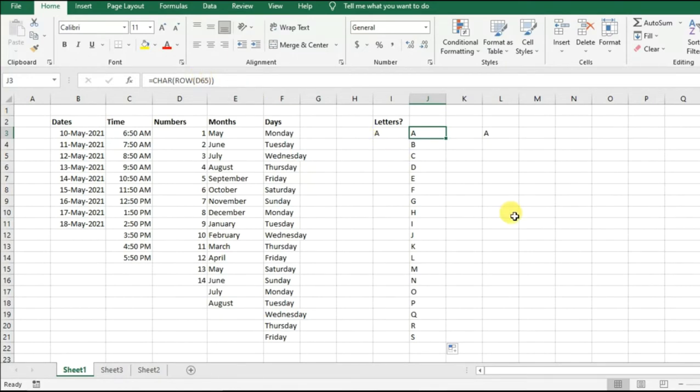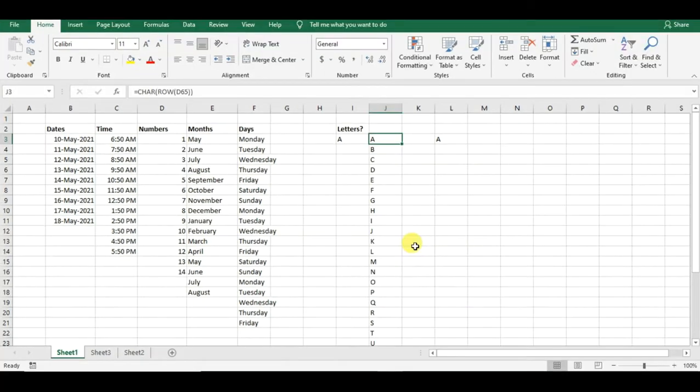Now you can say, how can we remember this lengthy formula every time? So for that purpose, alternatively, we can create an autofill list in MS Excel. So we do not have to write this formula again and again, or remember it. Like these numbers and dates, we can simply fill A, B, C, D, the alphabets, automatically. So how can we do that? Let us learn how we can create an MS Excel autofill list.